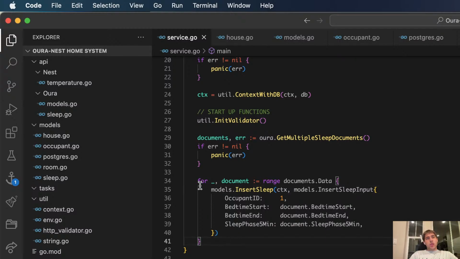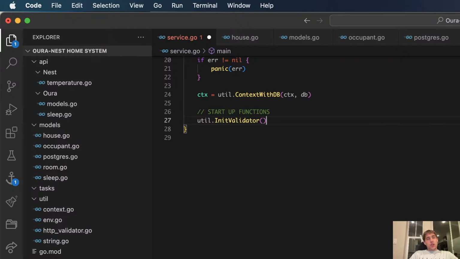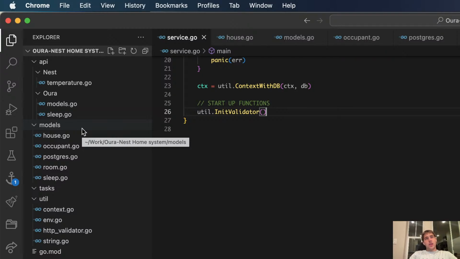Okay, so now delete this, and I can also delete this. So I kind of want to do this so it works for tonight, but I'm not going to be able to do the connection to the thing yet. Let's look at the Nest API.